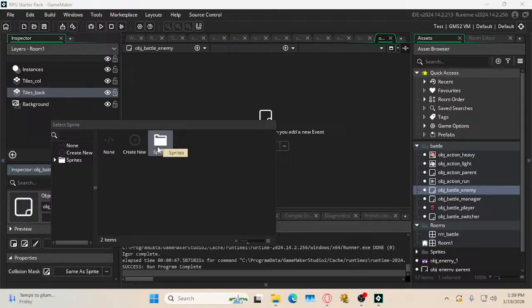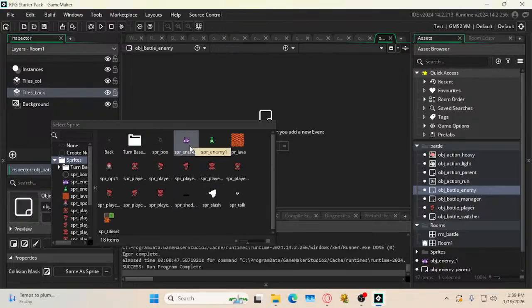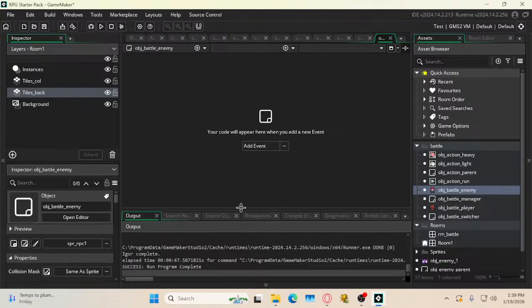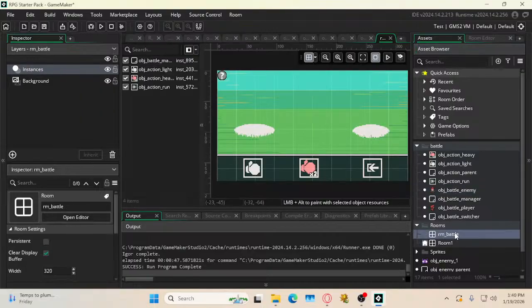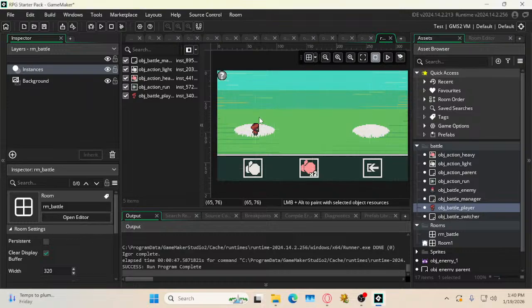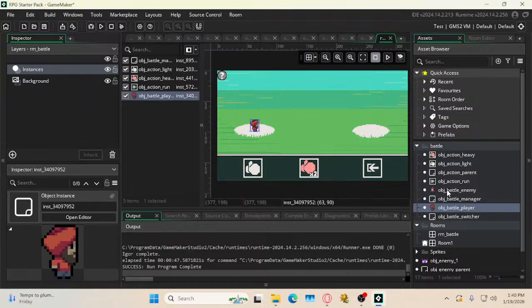And give this the sprite for the NPC, because in the game this will just take the sprite of whichever enemy you're fighting, so the sprite you select here doesn't really matter. I'll open the RM battle room and place both of these objects. I'll put the player on the left and the enemy on the right, and then I'll close the